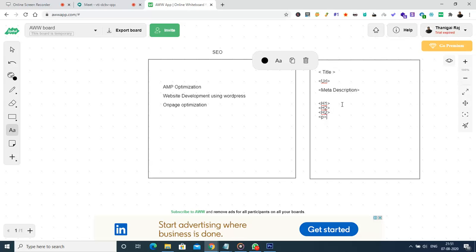Then we can have the paragraph tag. So when it comes to the SEO perspective, the title, URL, and meta description are the highly important factors. Among these three, title is the highest, URL second, meta description third. Then when it comes to on-page, inside the customer end page, the H1 tag is the highest important. Then comes the H2 tag. H2 tag we can have two, H1 tag we can have one. After this, the next important element for SEO is the image file name.